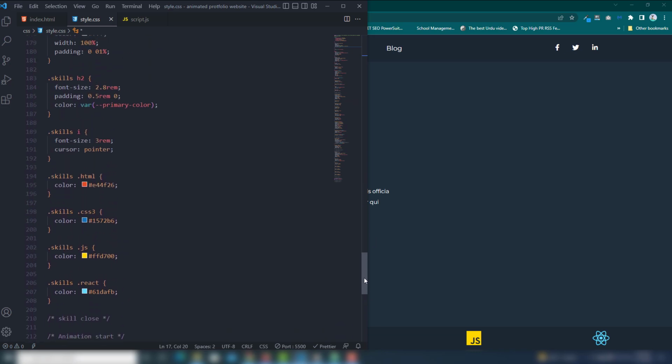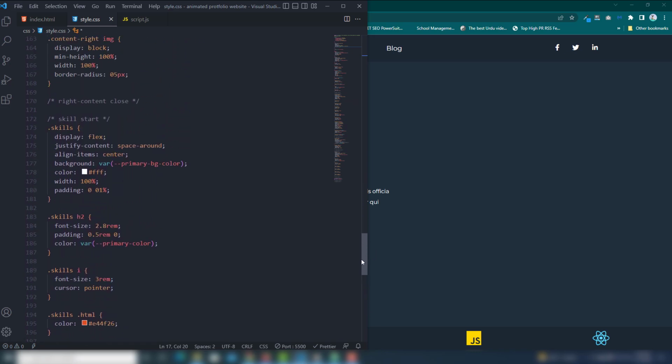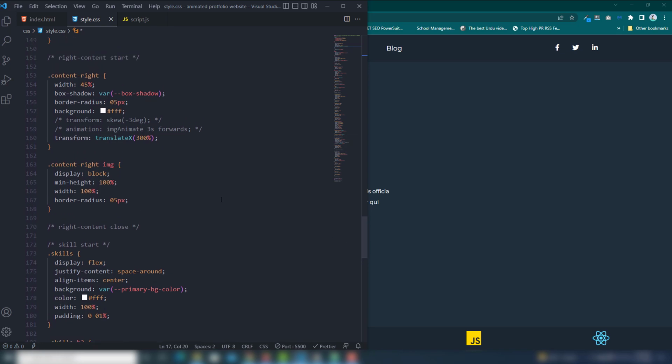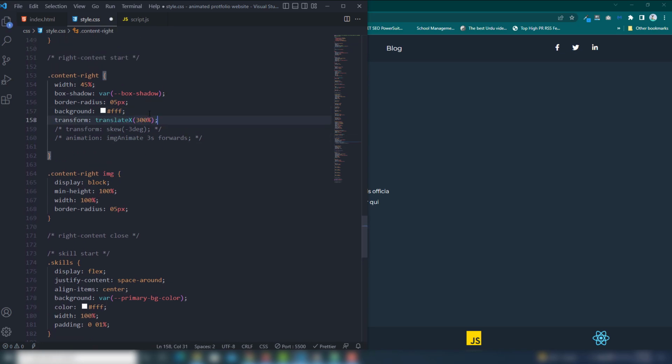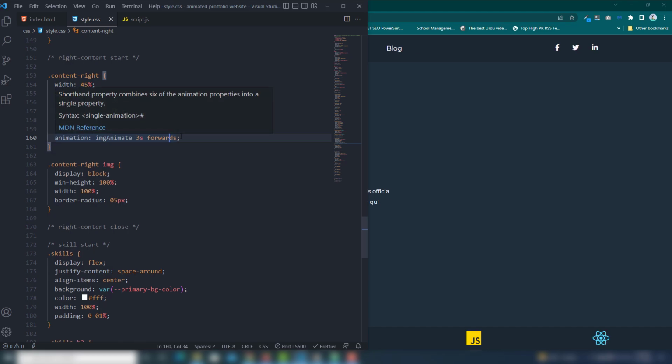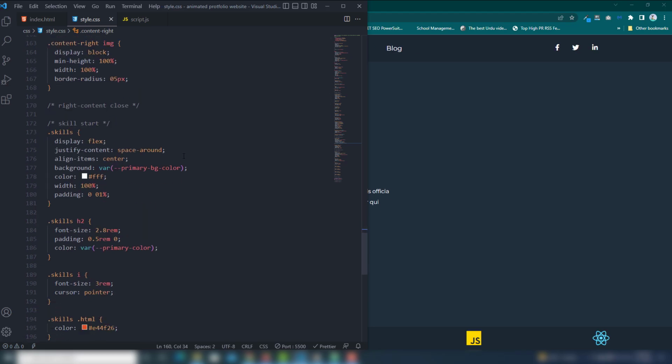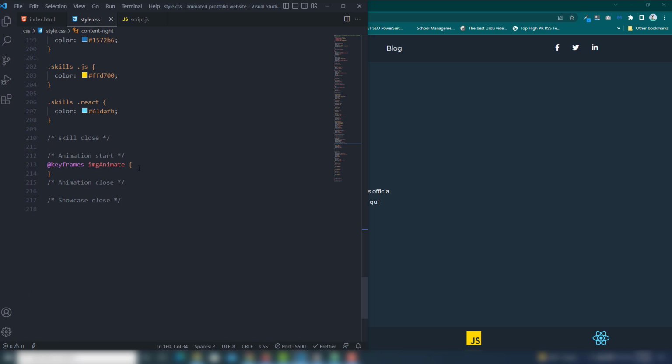So once you've done that, just a minute, I cut that and paste it there. I've used translateX, which moves the image to the right side at the starting time, and then I'm gonna uncomment my animation. So you can't see any changes there, but you need to use the keyframe.